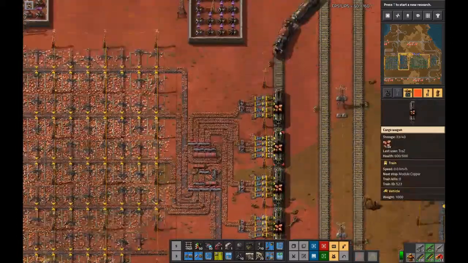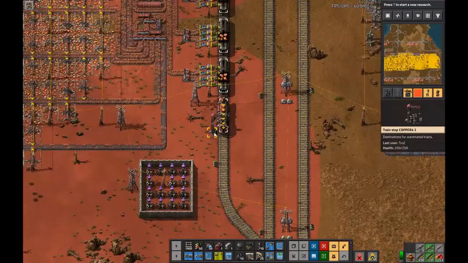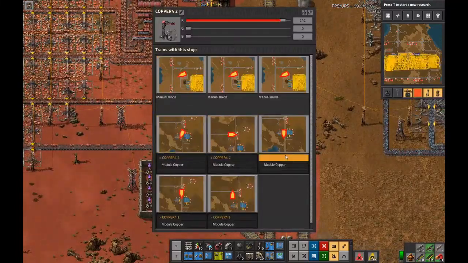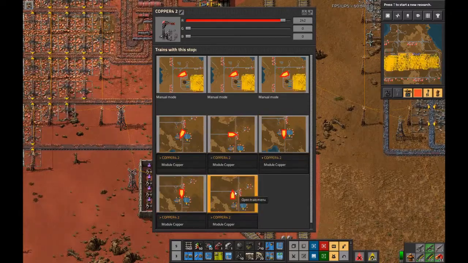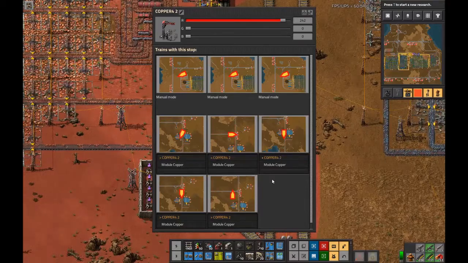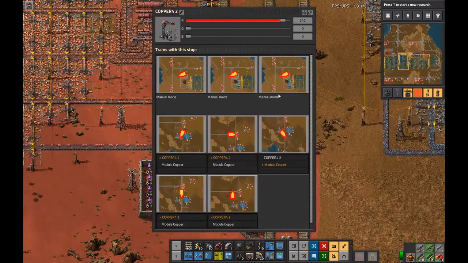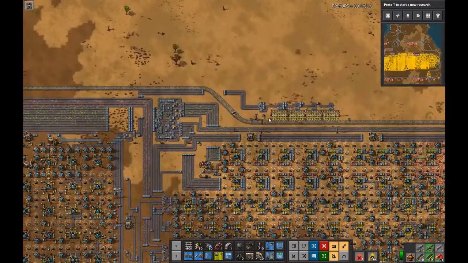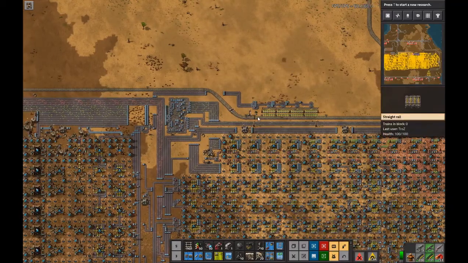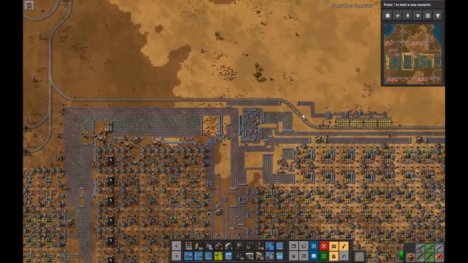Yeah, it's happened. We kind of caused a backup here. How many? One, two, three. I think I got an extra train or two. I kind of wanted six for copper, three for coal. Alright, while we're waiting for that train to come back,